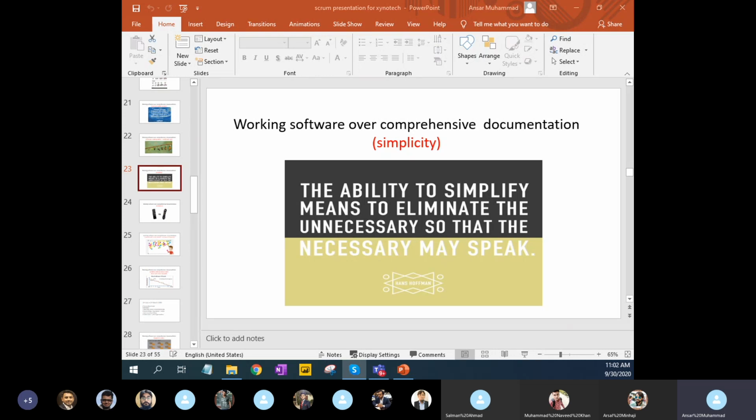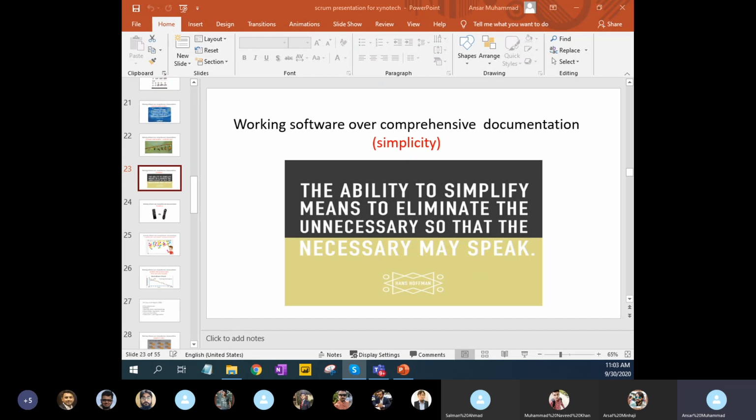And the idea of simplicity, the ability to simplify means to eliminate the unnecessary so that the necessary may speak. And this is very relevant to everything. But from a computer science and programming perspective, or software development perspective,